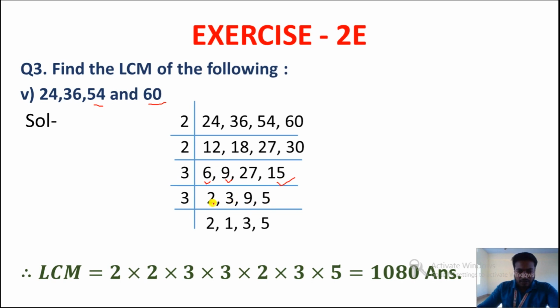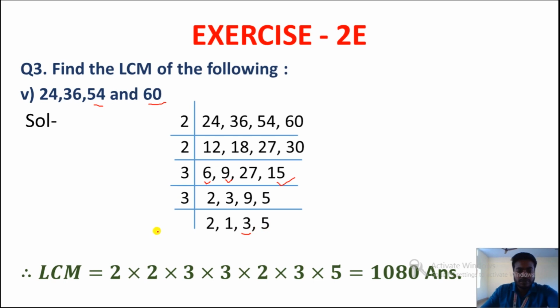Alright. Now we have 2, 3, 9 and 5. So 3 and 9 we can divide by 3, and according to the rule 2 numbers should be divisible. So 2 are there. So again we will take 3 and divide these two numbers, and 2 and 5 we will write as they are, as you can see on the screen. So 2 same. Now we will divide this 3 by 3, so we will get 1. 9 divided by 3, we'll get 3, and 5 we can't divide, so we'll write it the same as it is.